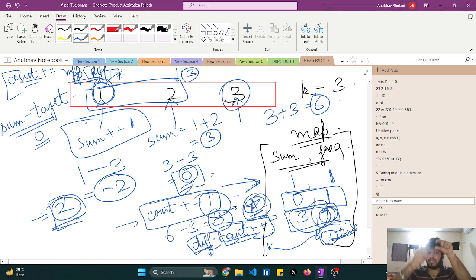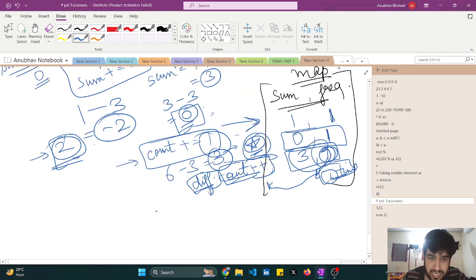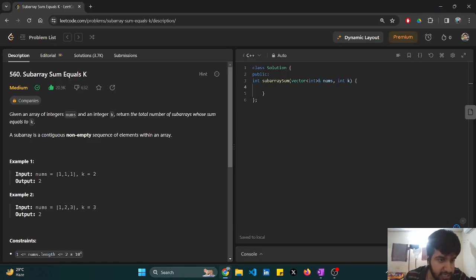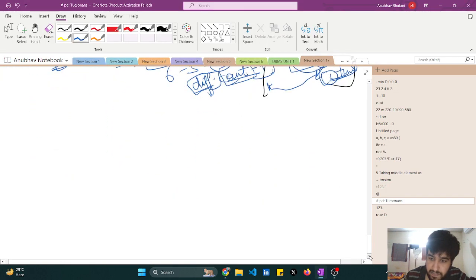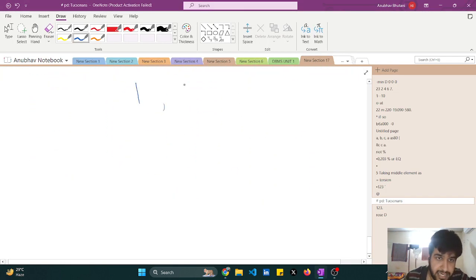Because if up to that particular point my sum is the difference, then it can give me the k value very easily. So in this case my answer is going to be 2. If I check the test case, yes, the answer is 2. I was right. Okay, if I try the second test case, that is 1 1 1 1 1 1,